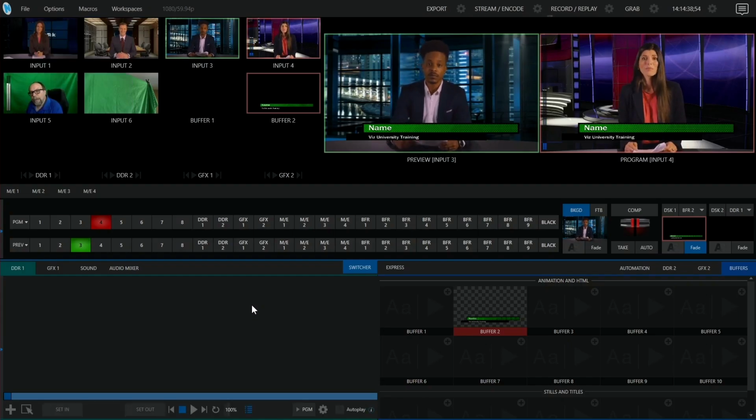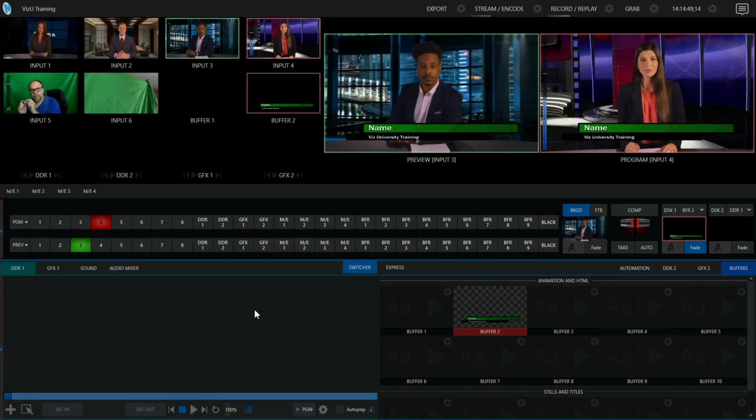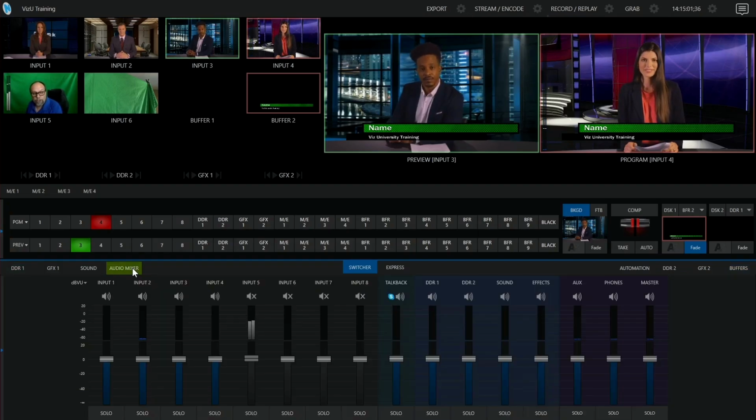One last thing you might also want to configure is the audio output. You might want audio to also go out that computer connector. Now, this is only going to work if the computer connection you have set up supports audio like HDMI or DisplayPort. If you happen to be using a multi-view on a DVI connector, DVI doesn't support audio, so this will not be an option. But what you can do is go to the audio mixer, go to whichever audio output